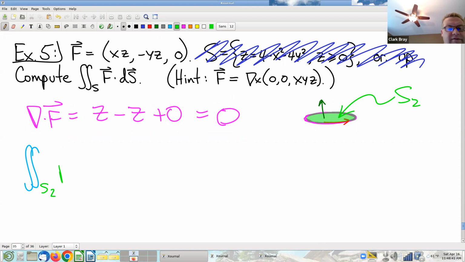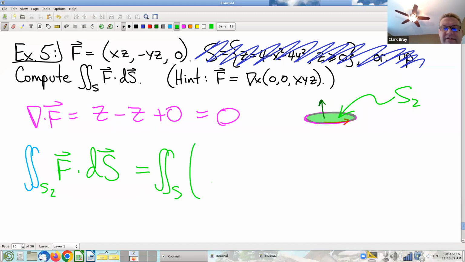I have F dot dS, which, of course, you can write down several different ways. And if you want to parameterize, you could. But in this case, look what happens if I instead play this move,